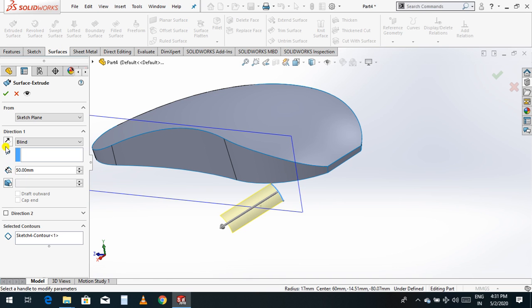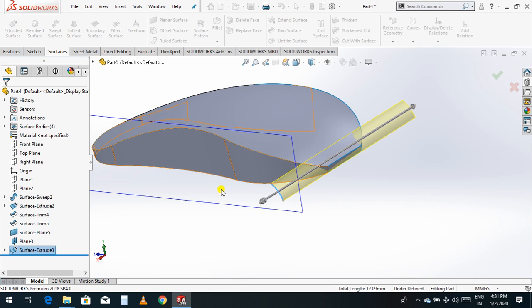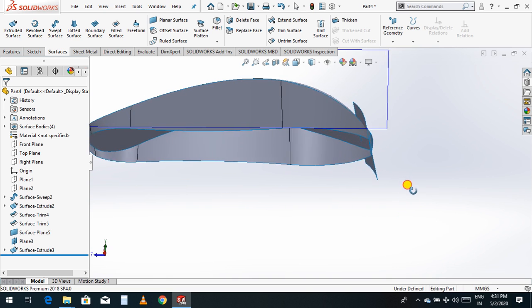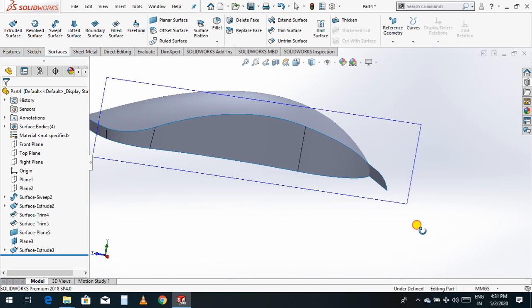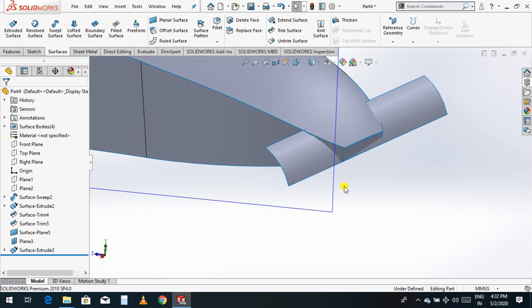Flip side, select OK. Now just rotate and I'll hide this one.